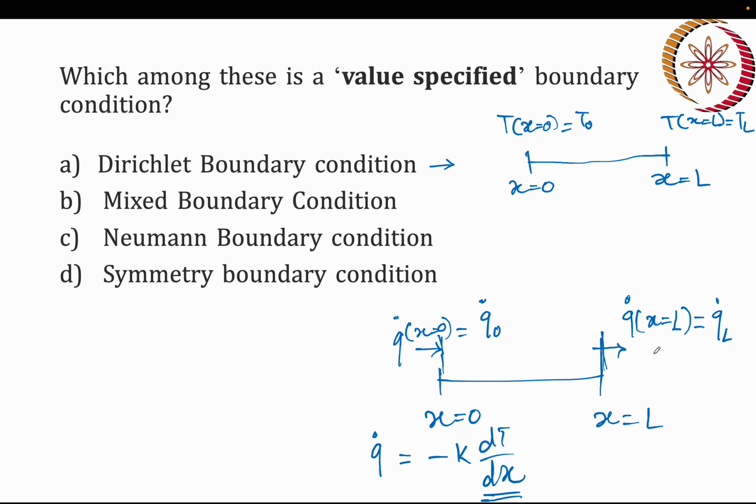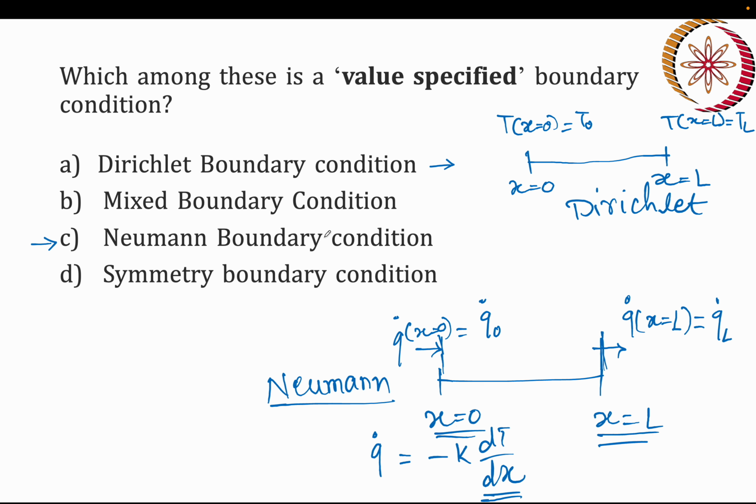So these values are specified, which corresponds to the derivative of the temperature being given. If that is given, that is known as the Neumann boundary condition. So this is Neumann, and this one is Dirichlet. And if at one boundary the temperature is given at x equal to 0, and at the other boundary the heat flux is given, that time it will be the mixed boundary condition,